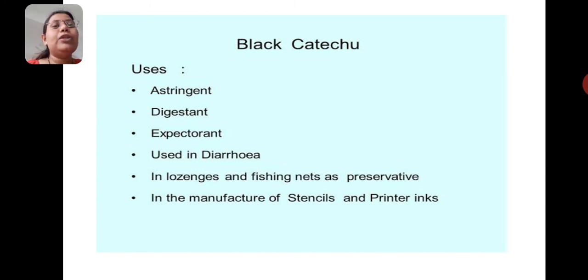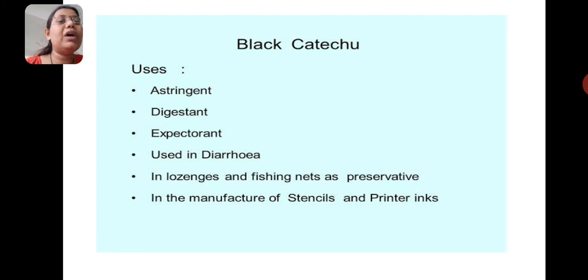The main use is as an astringent, digestant, expectorant. Also, it is used in the treatment of diarrhea and in lozenges. In some cases, it is used as a preservative for fishing nets. How is it used as a preservative? Because this black catechu